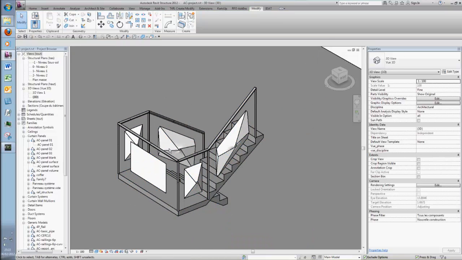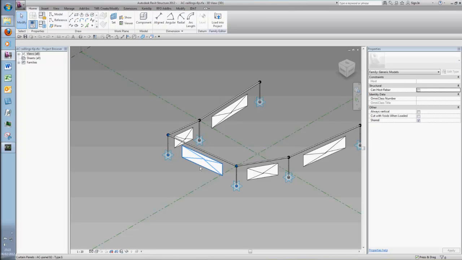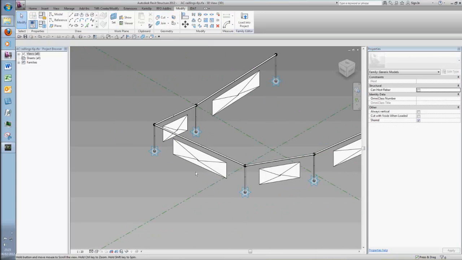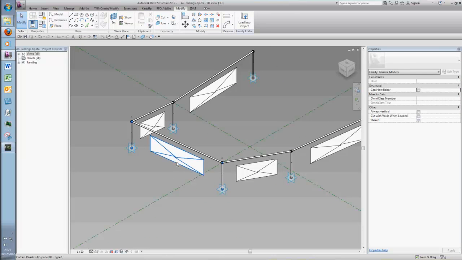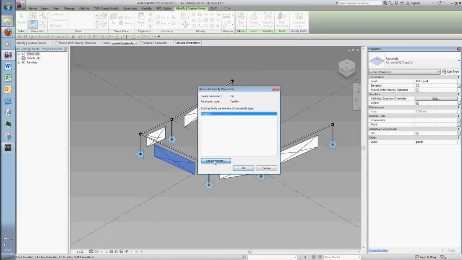It's not always on the same side, but if you edit the family, I will check that each panel has a flip parameter so that it will change of size, and this parameter, I think,